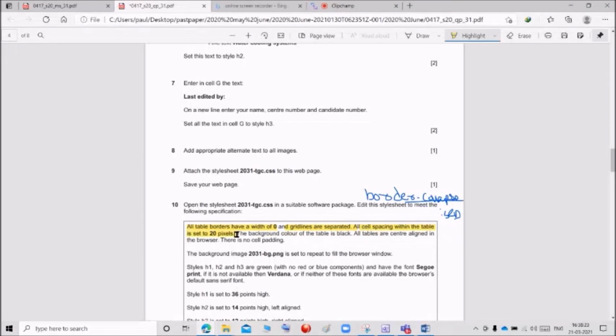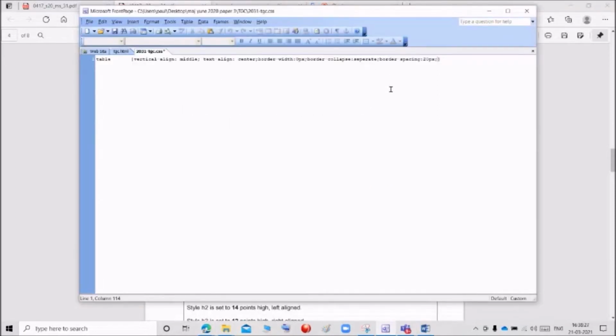Next, they are giving the background color of the table as black. So I'm going to give background color as black. Otherwise, I will show the shortest way.